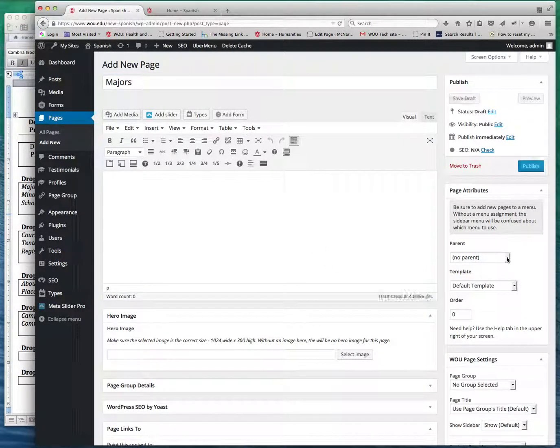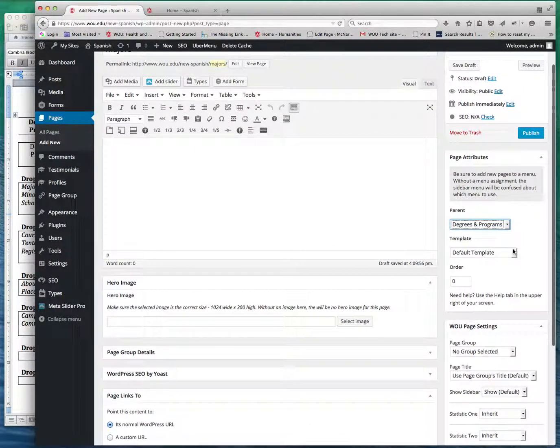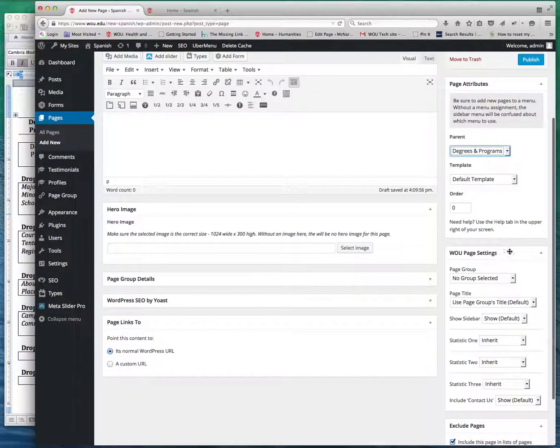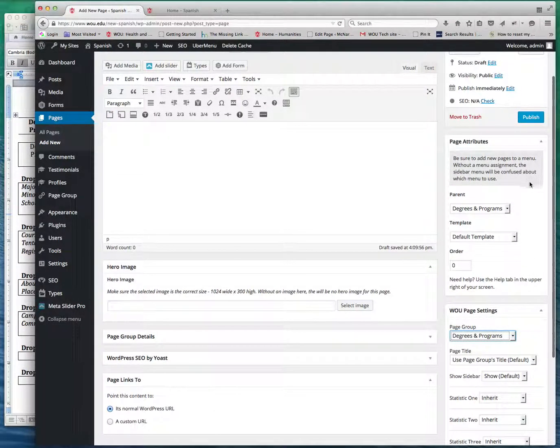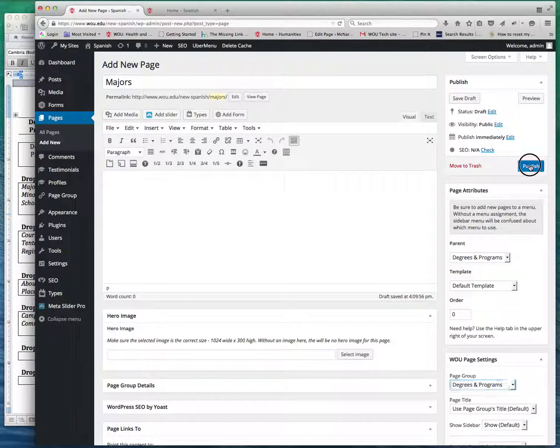Under here, now you need to select a parent for this page in order for the breadcrumbs to work properly. So you're going to want this to have the parent of degrees and programs since it falls underneath that menu. You'll leave the template in the order, all that's fine. This is where you're going to select the page group that we just created. So you select degrees and programs, and now this way it will pull the proper left nav. Then you hit publish,